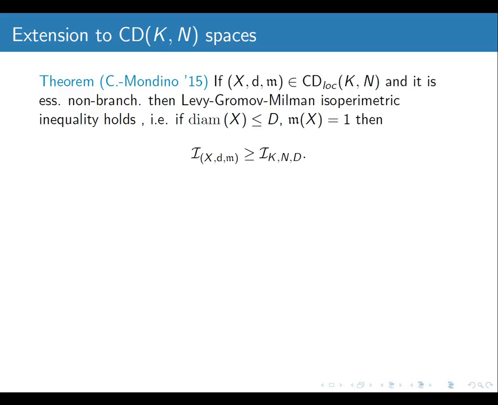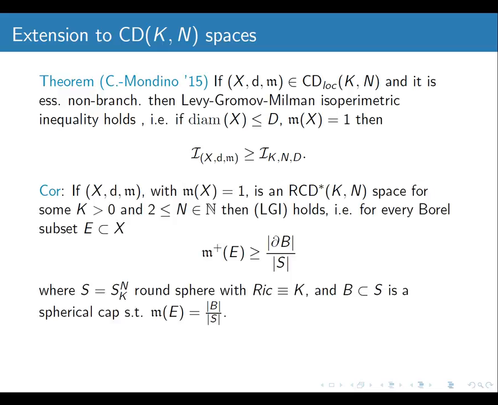So this means non-branching. So the easy statement would be: if your metric measure space verifies the local curvature dimension condition and it is non-branching, then the same lower bound on the isoperimetric profile function of the metric measure space is verified. And in principle, as an easy corollary, we would recover